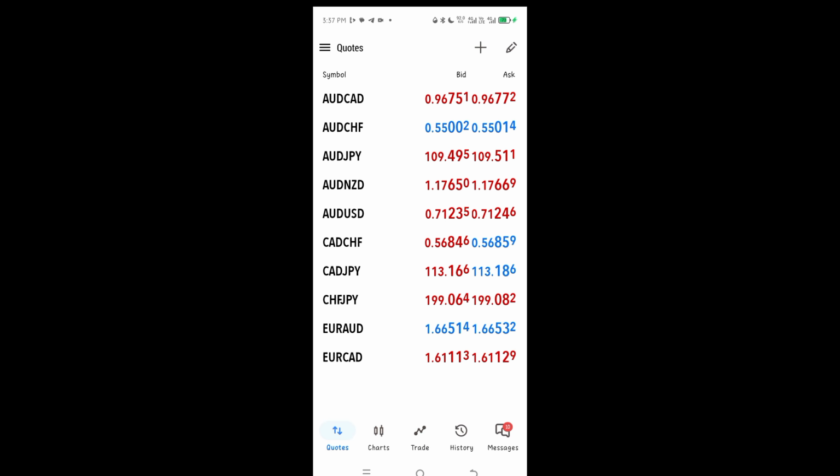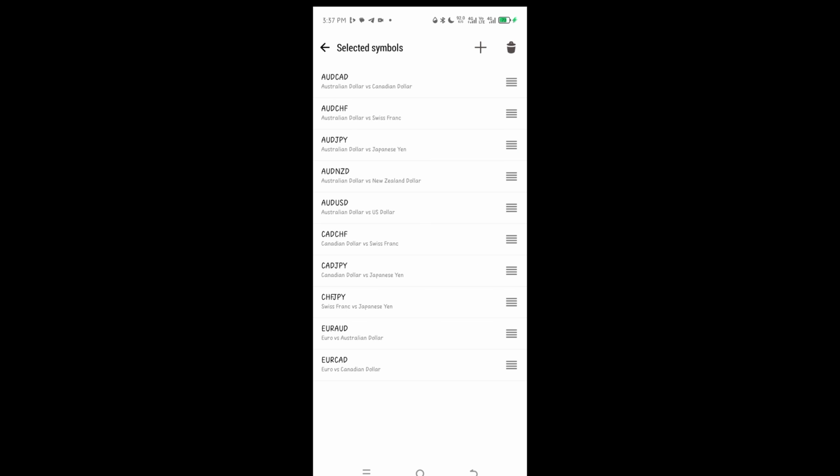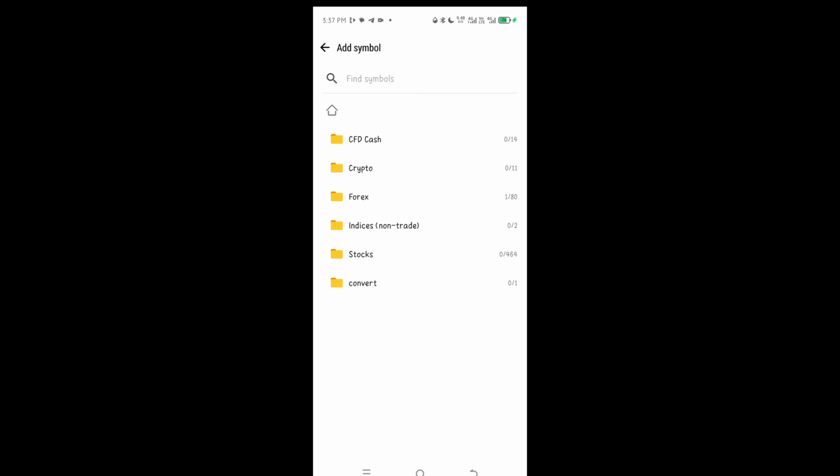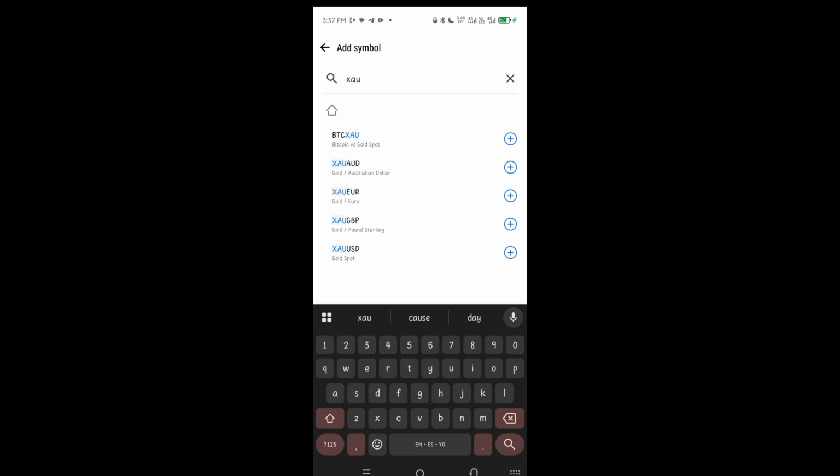If you want to edit pairs and add pairs, you're going to click on this pencil icon, then you tap on it, then you select. These are not the pairs I trade. I don't trade all these minor pairs on Forex. So what we're going to do now is click on add symbol, then we search for gold. Gold is what we trade with XAUSD, then EURUSD, GBPUSD, and what else again? I think USDCHF,